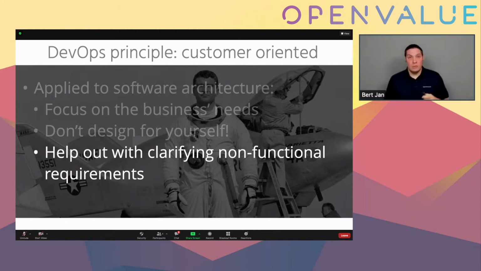What do you mean with it needs to be quick? How fast does it need to respond? How many users do we expect? How many requests per second? Do we need to be able to scale, or do we have a continuous load? Security, how secure do you want it to be? Do you want to be, I don't know, able to withstand a break-in attempt to a data center? Okay, then we might need to encrypt stuff. So I think this is where you can really, as a software architect, prove your worth to a business by helping clarify these types of requirements.